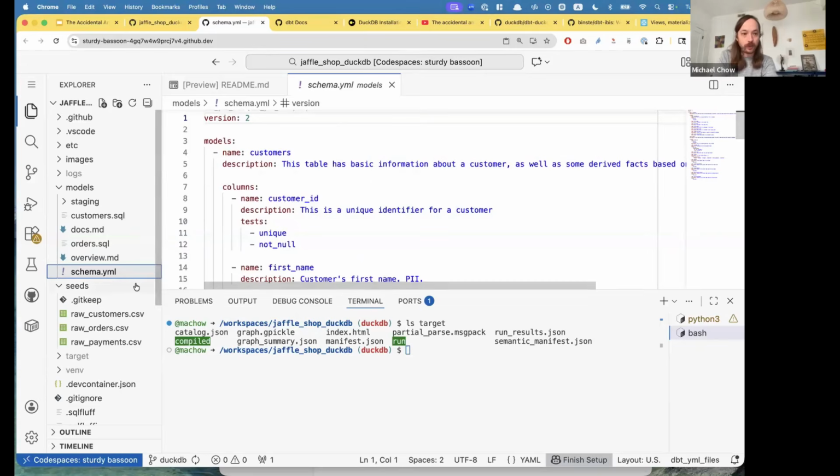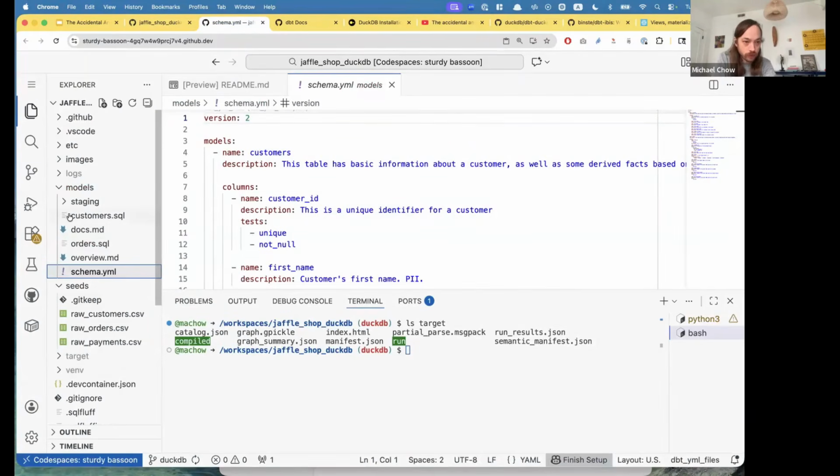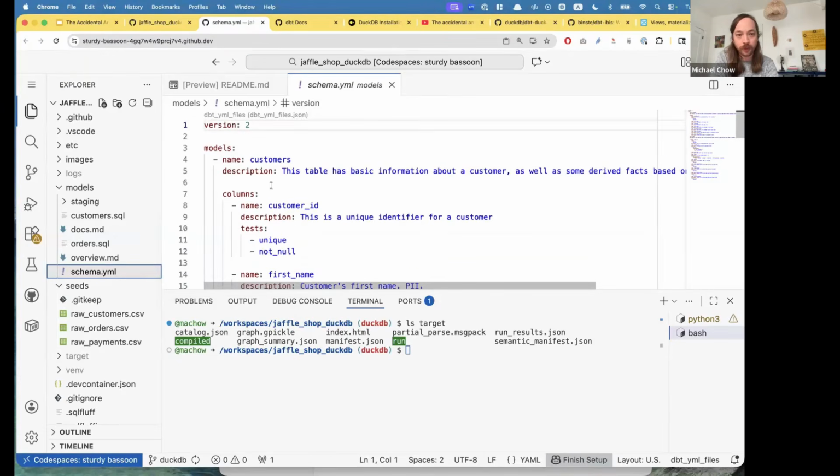Just to map it back, we're looking at the customers table and we can see these are descriptions on the columns. Where that comes from is, notice in the customers folder, this is a bit tricky, there's a schema.yaml file. Lori, maybe in a sec you can talk about how people like to write the .yaml files, because I know there are some conventions around that. But here, notice these are our models.